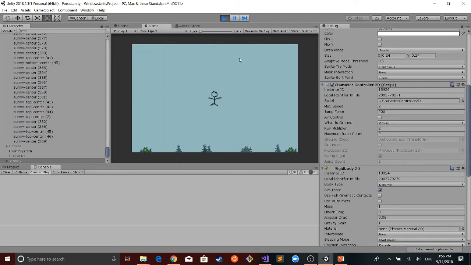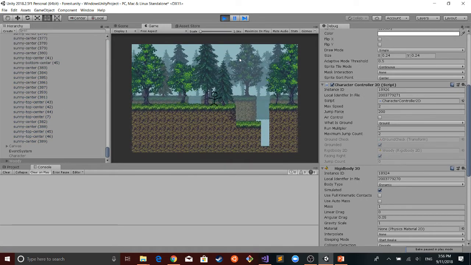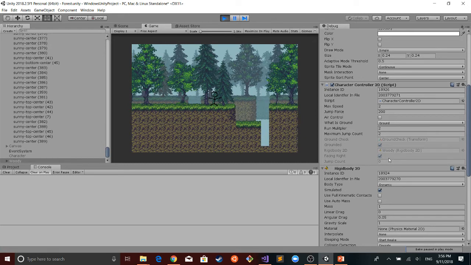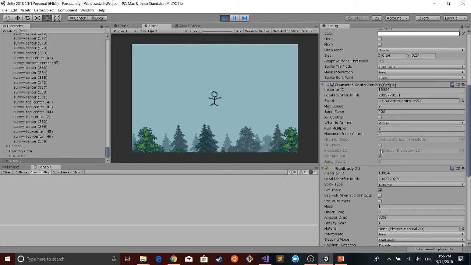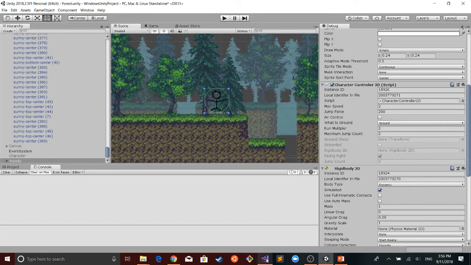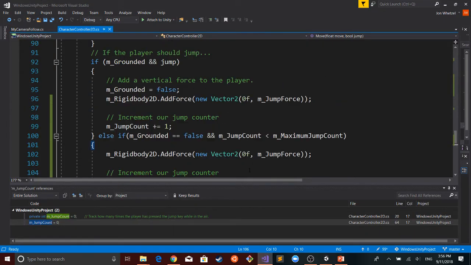Now if I press, whoa, you see it's flying off the handle. So let's see. We're automatically doing the double jump, which isn't quite what we want. So let's take a look at what may be happening in code that's causing that.